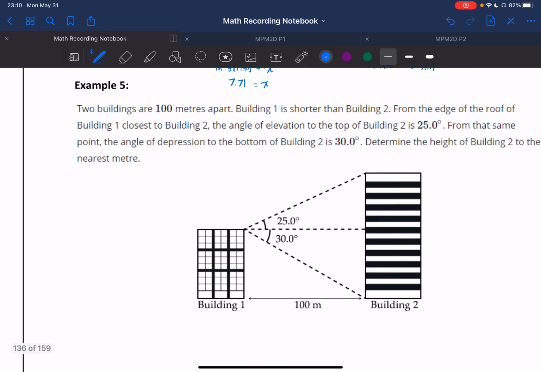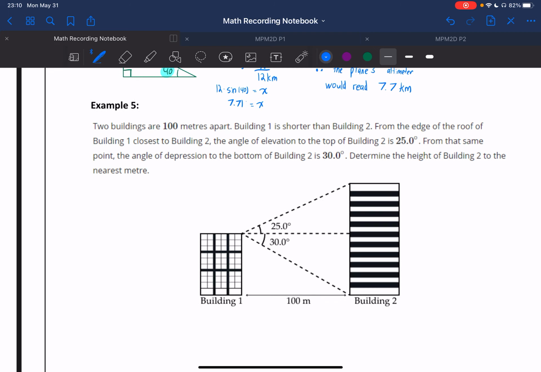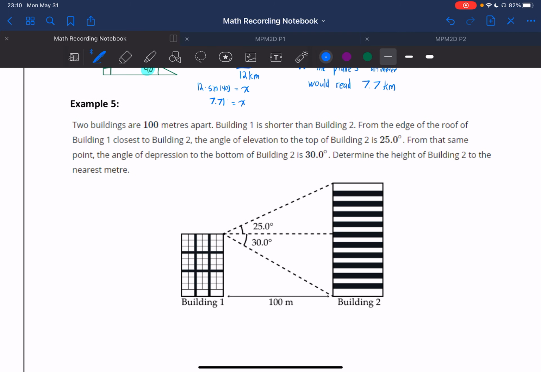Okay, let's try one more example. One more problem-solving question. Two buildings are 100 meters apart. Building 1 is shorter than building 2. From the edge of the roof of building 1 to the closest to building 2, the angle of elevation,